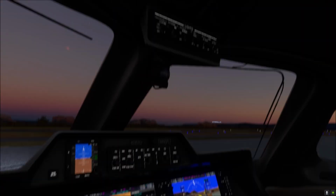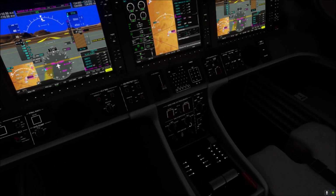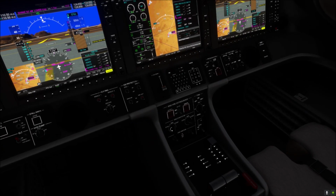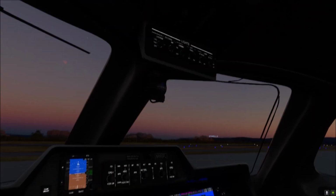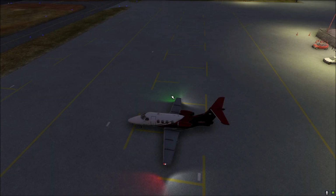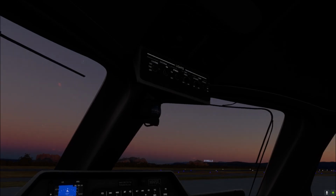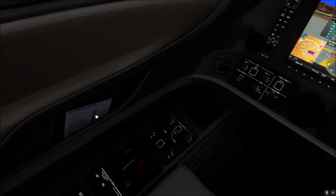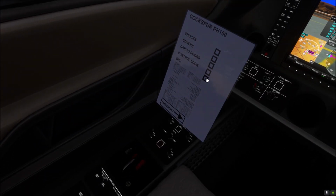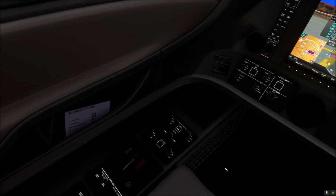Idle, taxi lights, and just shut the engines down. Number one, there's no beacon lights, so the beacon light should be off now, and it is. So it is automatic. And what we'll do, we'll just get the ramp piece to hook us up with the GPU, put that on so we're not draining the battery, and let's just